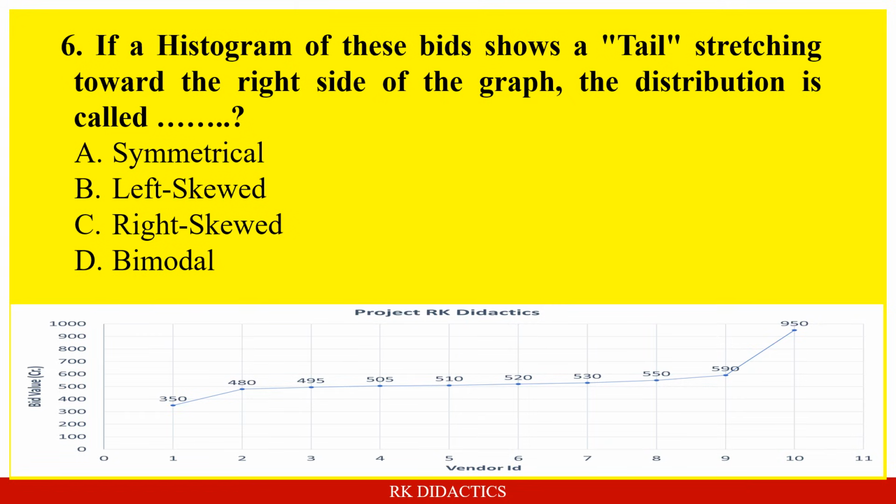If a histogram of these bids shows a tail stretching towards the right side of the graph, the distribution is called what? Symmetrical, left skewed, right skewed, or bimodal? Answer is,